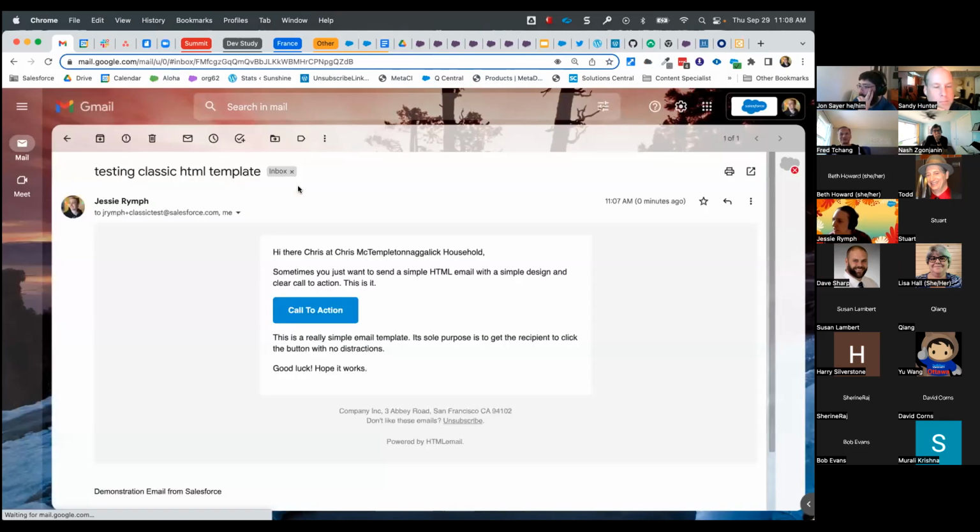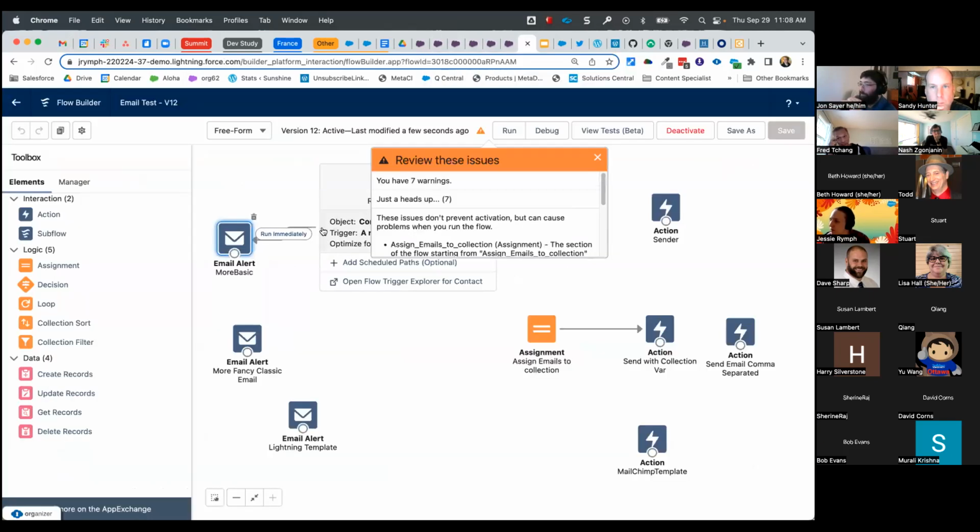Okay, testing classic HTML template. So, hi there, Chris, at the Chris Temple blah, blah, blah household. So that worked for pulling in a contact and an account field. So that's just a really basic example of using an email alert in a flow. Let's see about, so then I was just wanting to use, this one has a more fancy email template